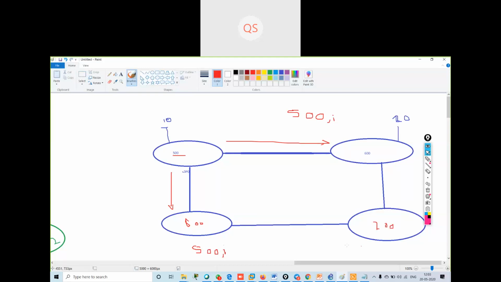My path over here will be 800, and it is originating from 500 and advertised in BGP. Then when it reaches here, it will be 500, 700 and 800. So this will be my path if I go via this way.